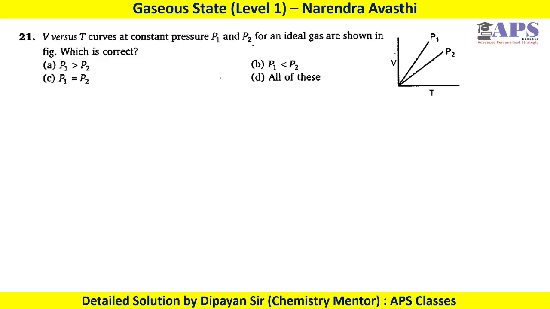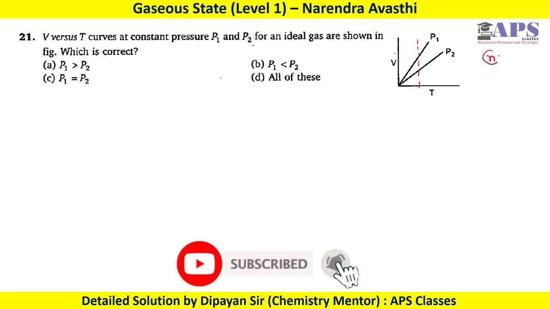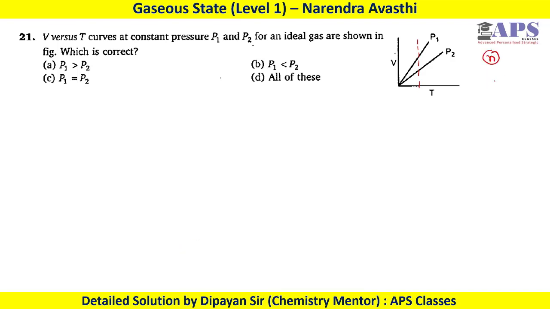In question number 21 we have V versus T plot. For this type of question first we have to fix one parameter. So in this problem we are going to fix temperature. So we are applying temperature constant condition in this case. For this plot n was initially constant, and from our point of view we have kept temperature as constant. As we know, if number of moles and temperature are constant, then obviously volume and pressure are inversely proportional to each other.